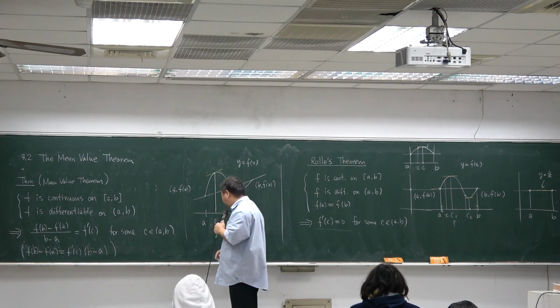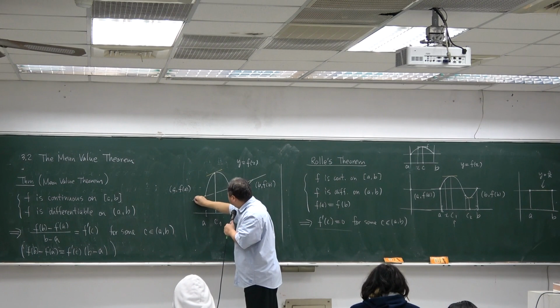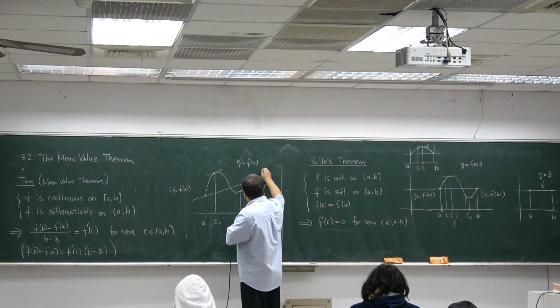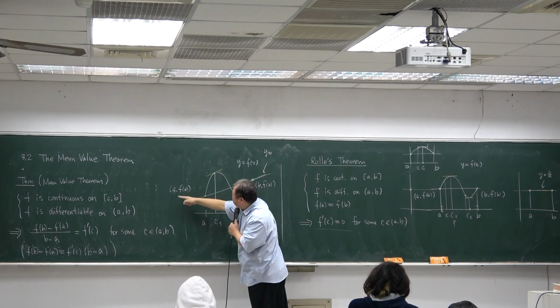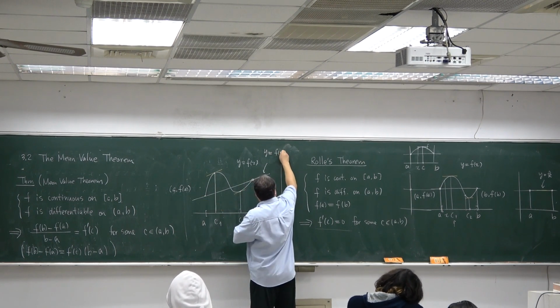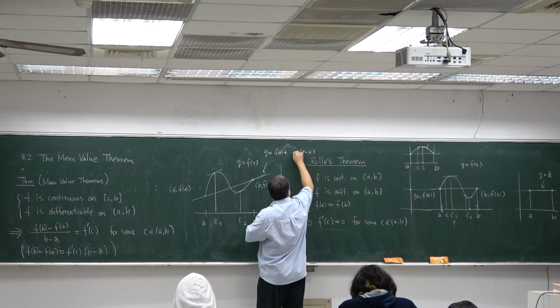This is not hard to define. This is the function f, and this is a linear function. Y equals, passing through this point. And the slope is